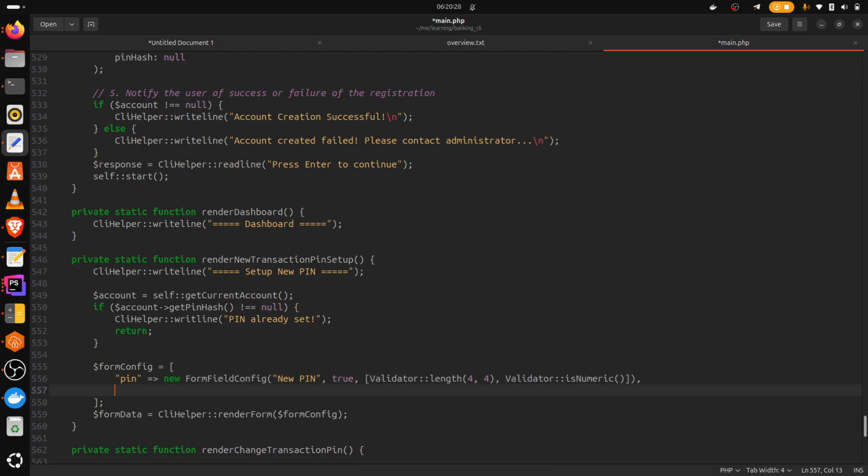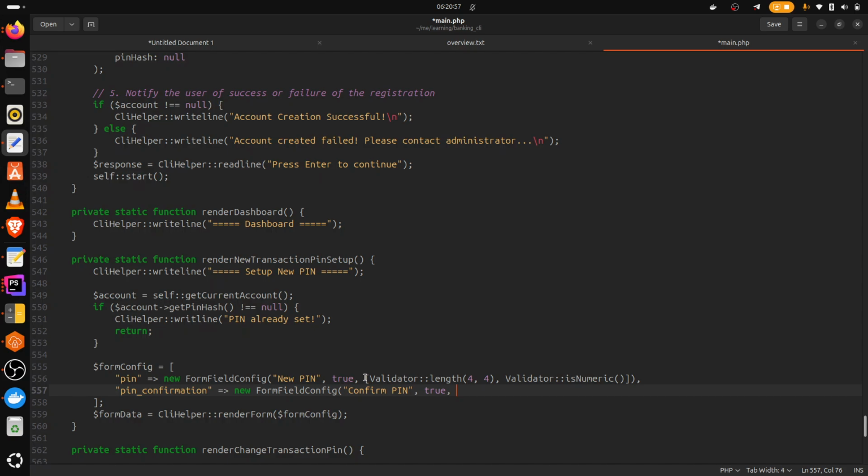Then we also want to have a confirm pin or pin confirmation. I'm just going to say confirm pin